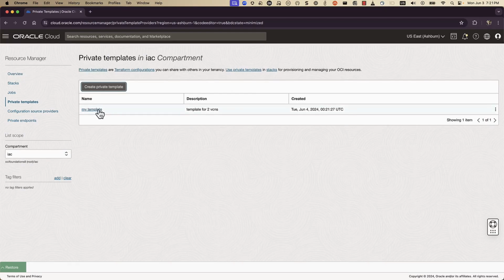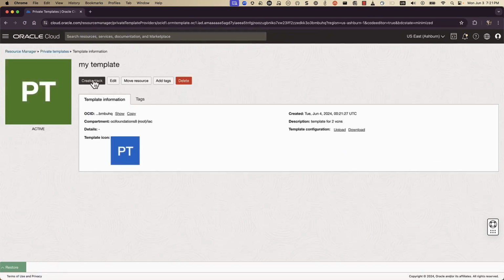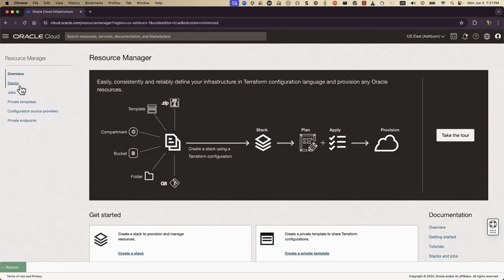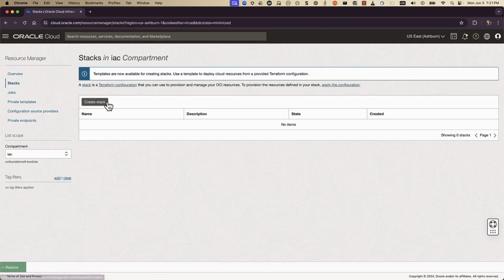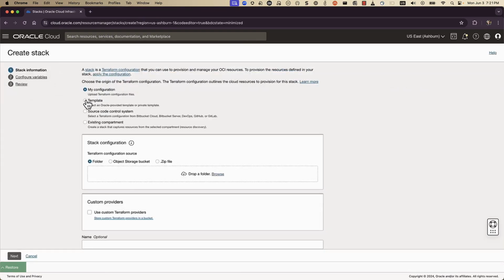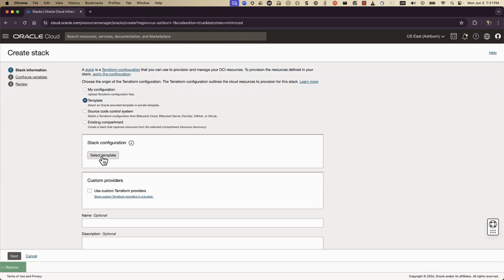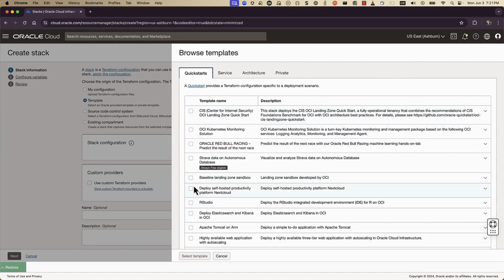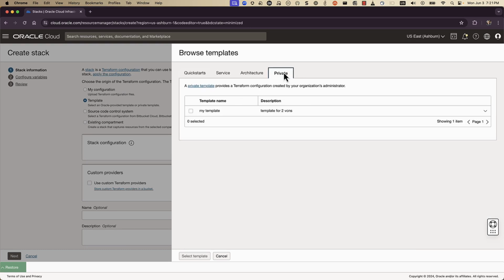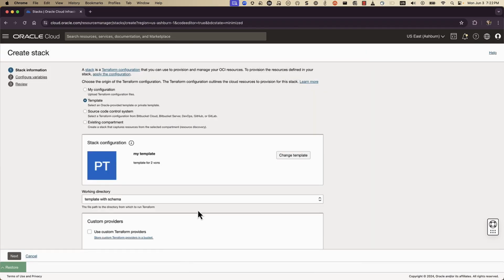If you go on the template details, you can create stack, or if you go on the stacks dialog, you can click on create stack, template, select template. You will have the Oracle provided ones first, quick start, service, architecture based. And if you move to the private tab, you will see my template here. By clicking on the box, I can click select template,